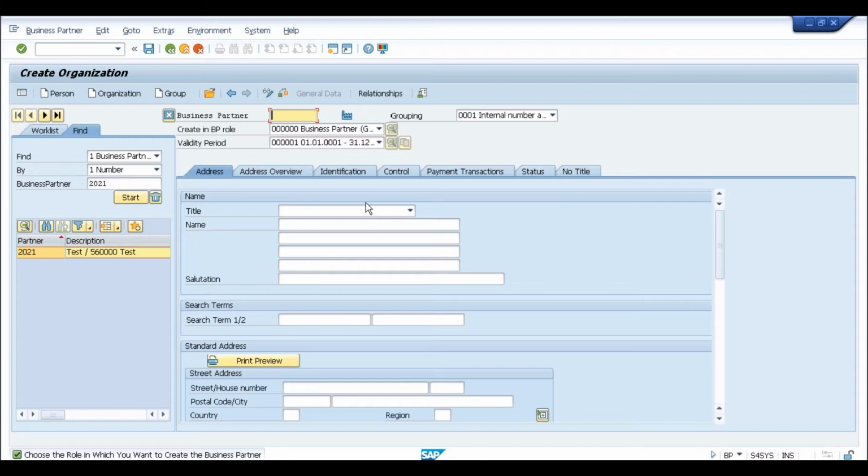Maybe for the customers which are already used you skip, and you will create new number ranges so that whenever a new business partner is generated, it has the same number as the customer. Anyway, we are going to discuss this in detail when we talk about the conversion, but this is how it works. So if you have 10 different customer account groups, you need to have 10 different business partner groupings also. Yeah, makes sense.